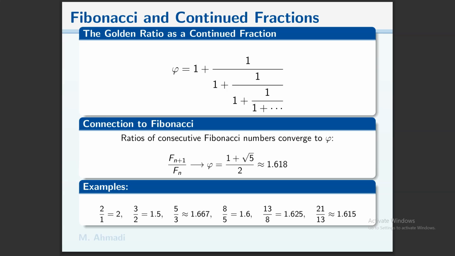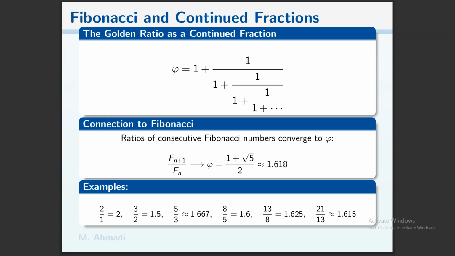And so on: for five terms, 8 over 5 equals 1.6. For the summation of six terms, 13 over 8 equals 1.625. And finally, for the next term, the summation of the continued fraction is equal to 21 over 13,